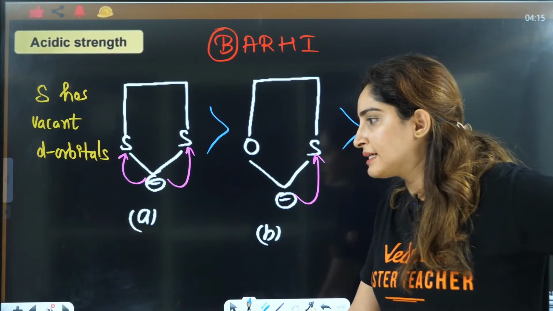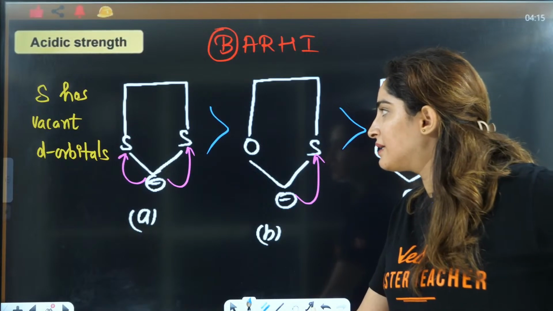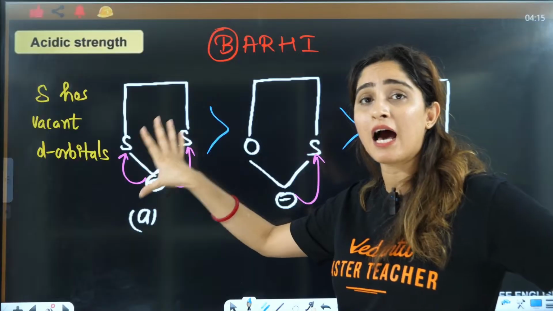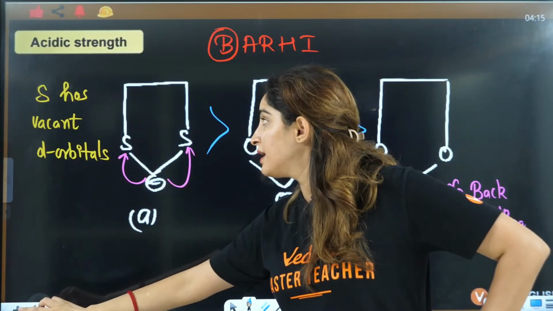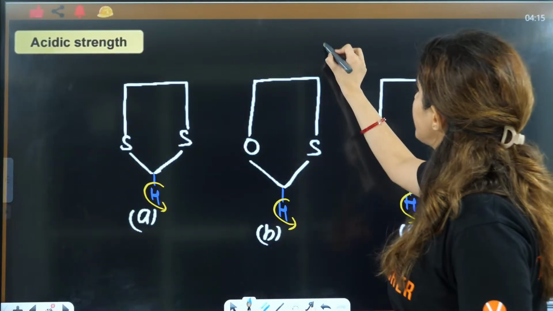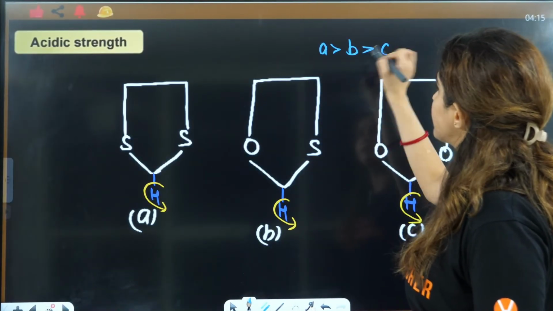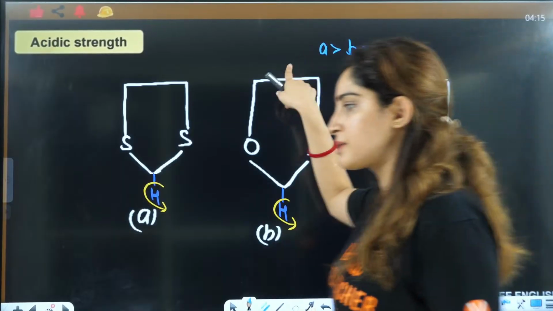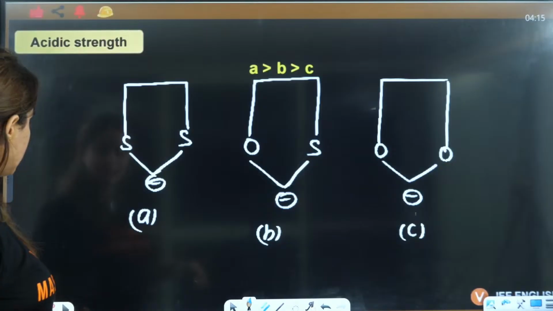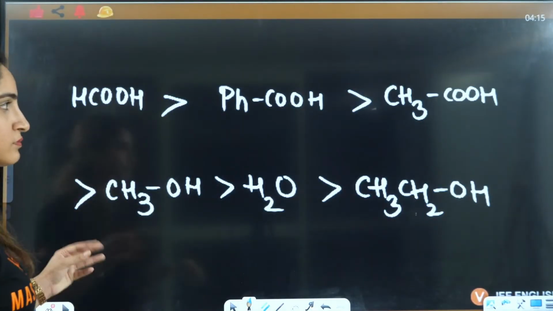Okay, everybody, so the answer will be A, B, C because here back bonding is maximum. That makes this particular carbanion most stable, and that is the reason if you see the acidic strength here, A will be more than B than C, because the carbanion is most stable for A. And that's how you will have this answer. Okay. Now,